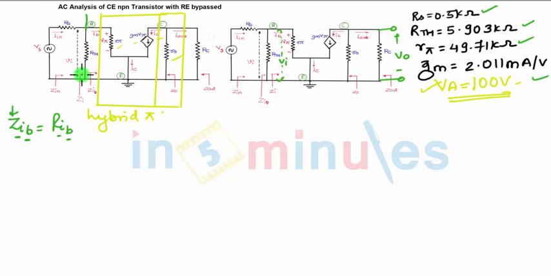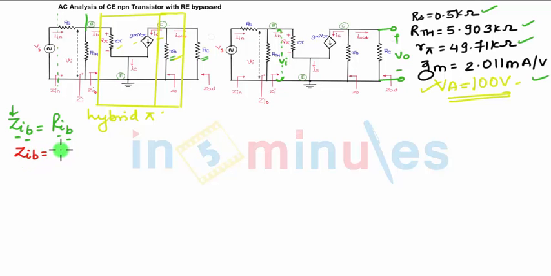ZI is the resistance seen from this point, and Zin is resistance seen after the value of RS. So this is how it is shown. ZO is only RO and ZOut is total resistance considering the RC, right? Now to start with the analysis, how can I find the input resistance ZIB, how can I write the equation?